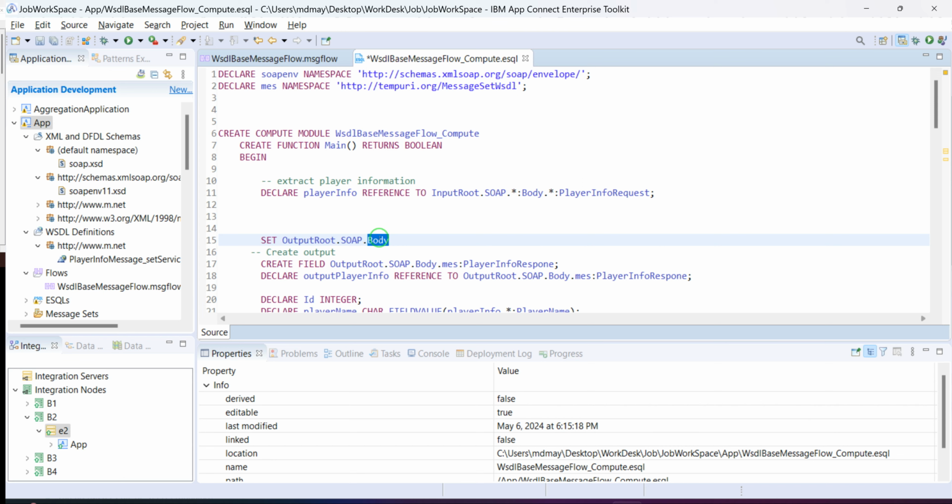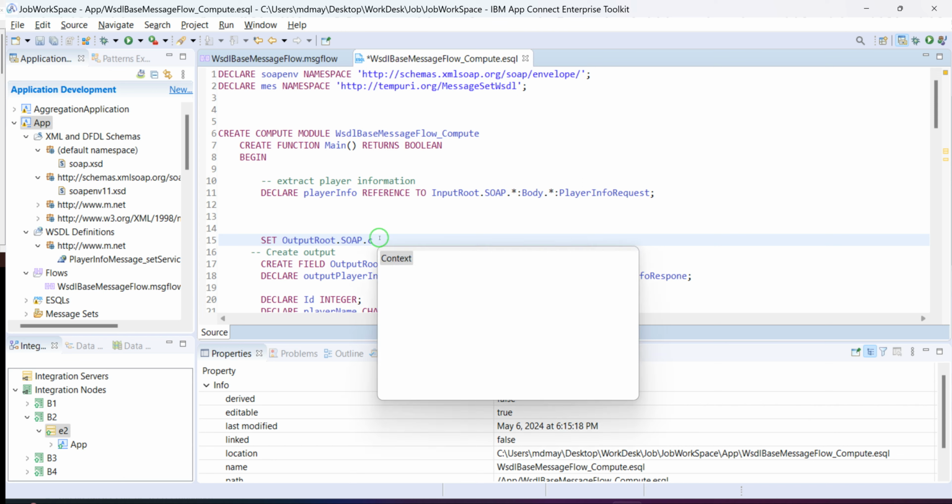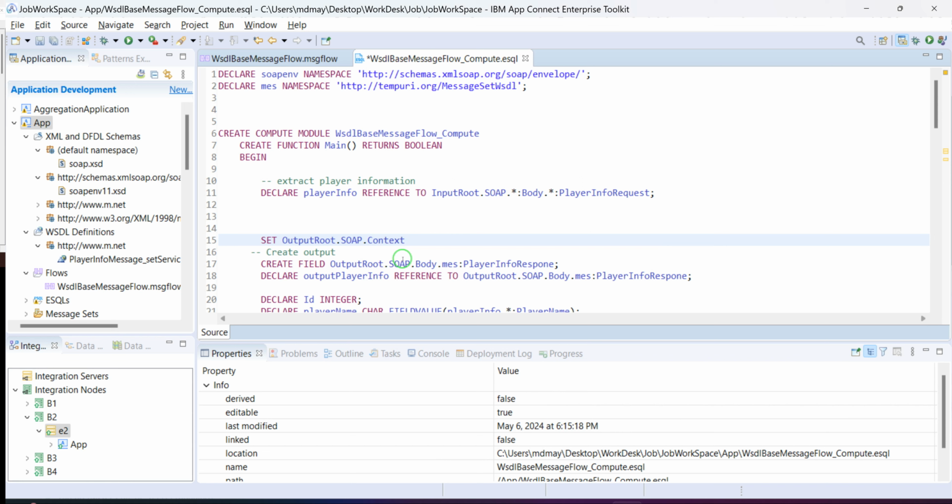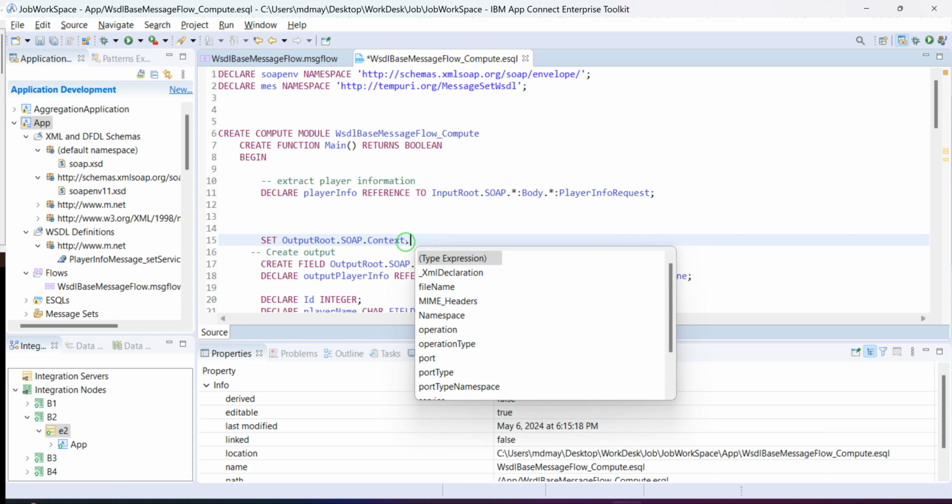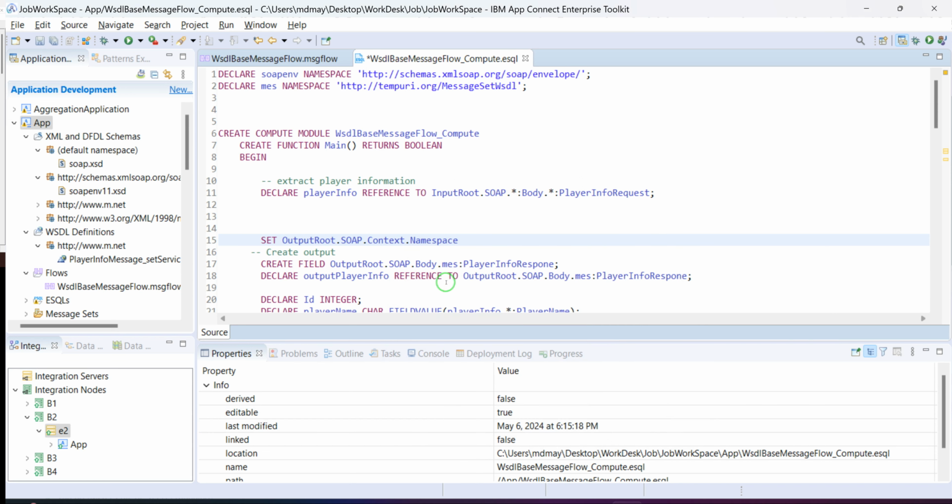Right now we want to work on the context. After the context you put a dot, and it gives you a lot of options, like operation type, operation, XML declaration, but we want to work with the namespace. Namespace dot,